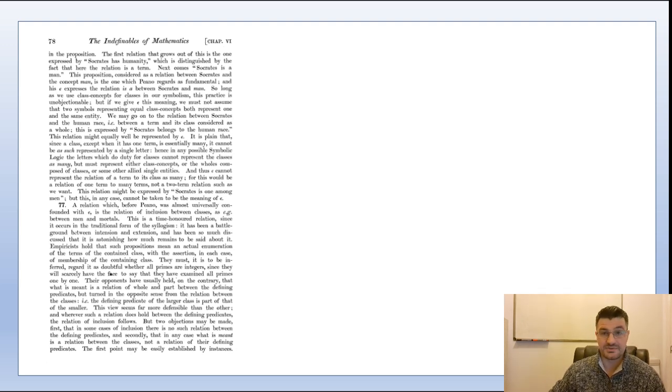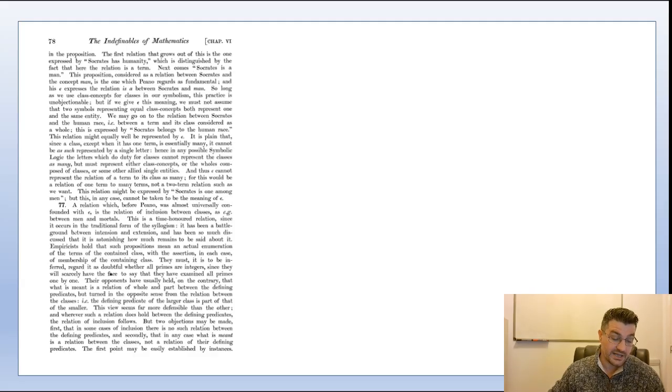So he's getting at some practical limitations here when it comes to dealing with the terms of a class one by one, or enumerating the terms of a class. You can't inspect all the terms of a class if the class is an infinite class.